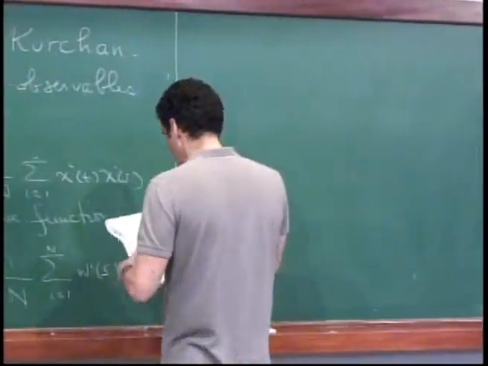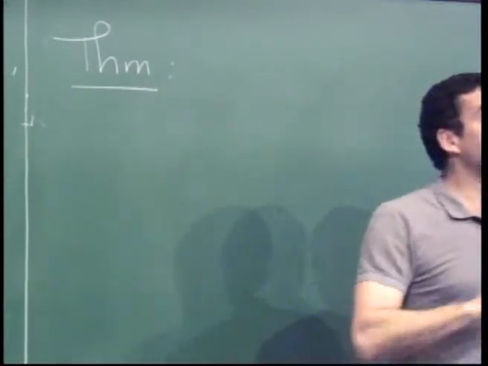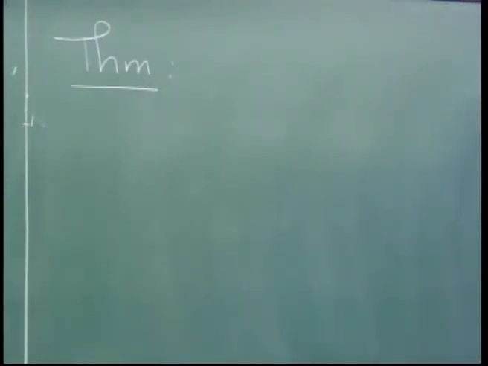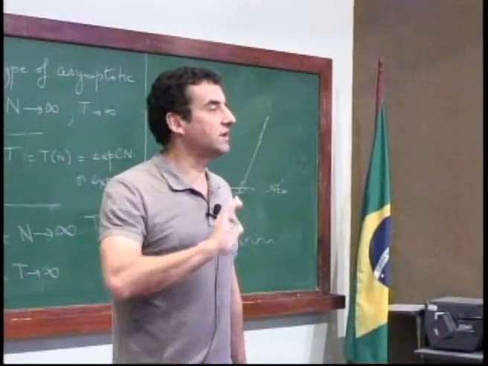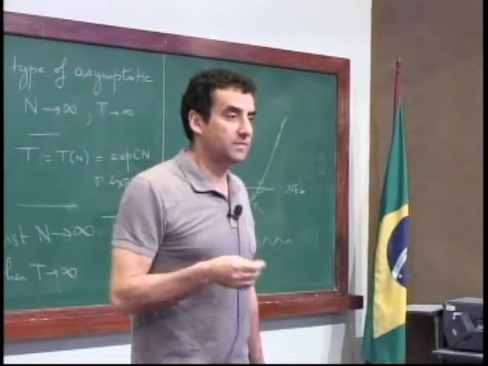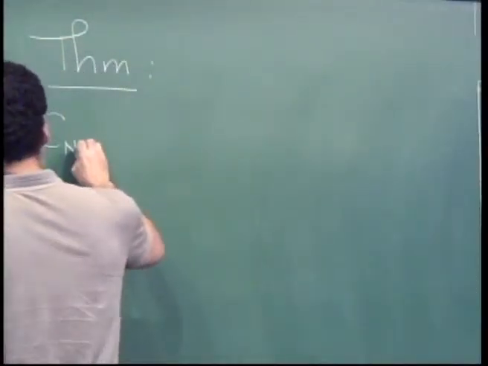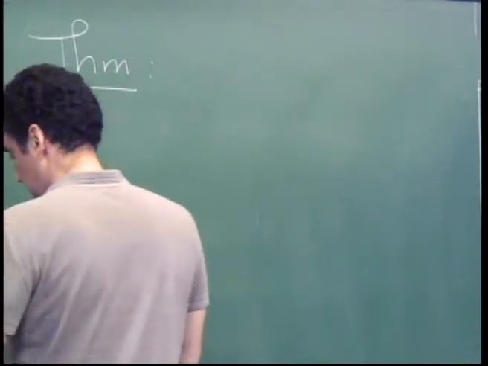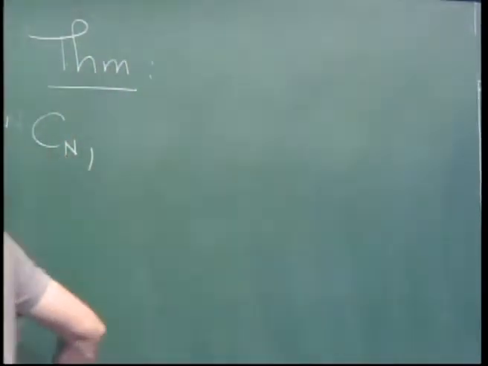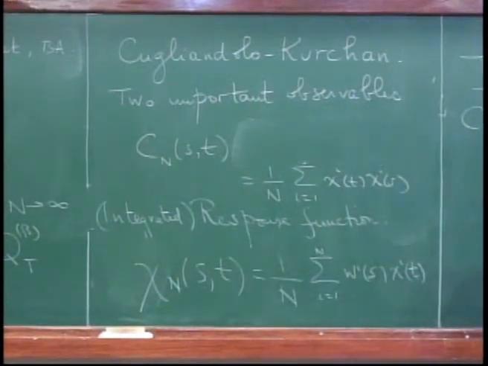So let me give these equations. So the theorem is, under some technical assumption on the initial condition, so I take the dynamics that I told you. I didn't say anything about the initial condition. So under some natural things on the initial condition that I don't want to go too deep into, and there's some concentration, for instance, if you start from the bulk, that would be true. Then you have the following. This function Cn and this function, I'm sorry, this one we call chi-n. Chi is like susceptibility. So the function chi-n and the function Cn